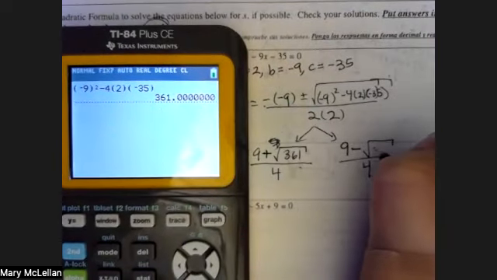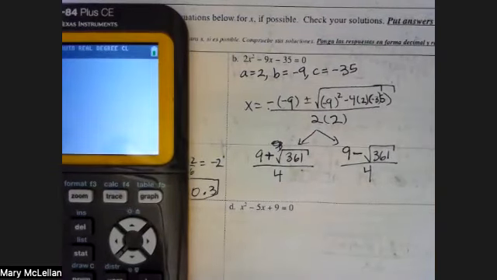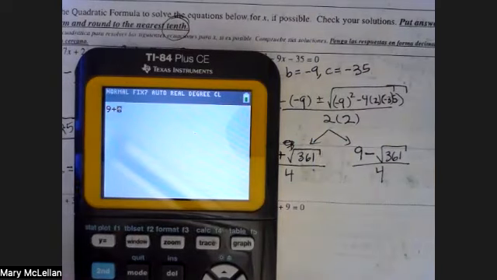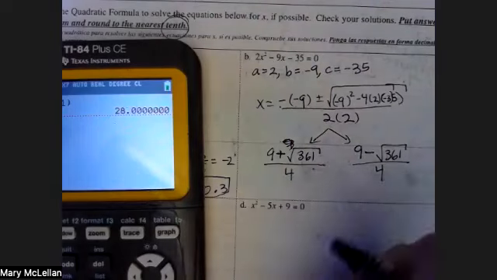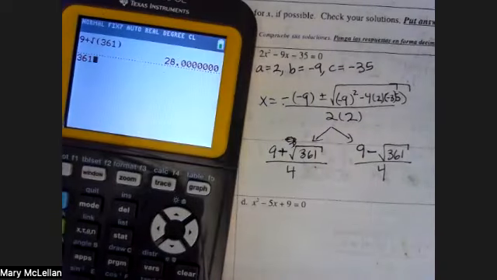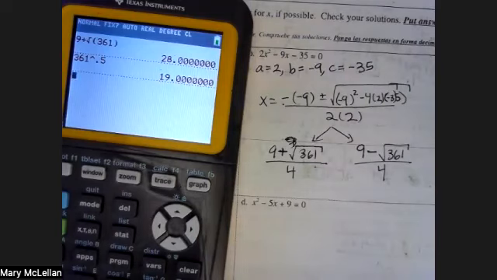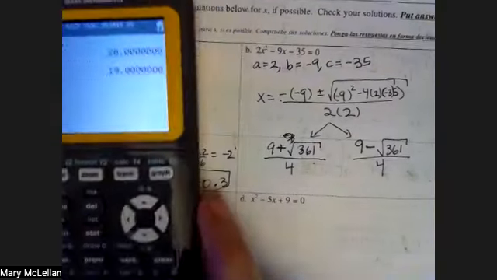I don't think that has a perfect square solution. Okay, now I'm going to do the numerator. 9 plus the square root of 361 equals 28. Oh, what's the square root of 361? 19. Ooh. I thought 361 was fine, but the square root of it is 19. That's cool. Anyway, so I have,